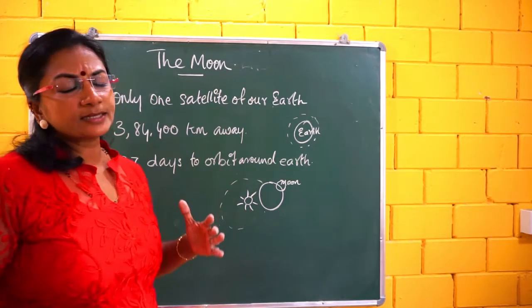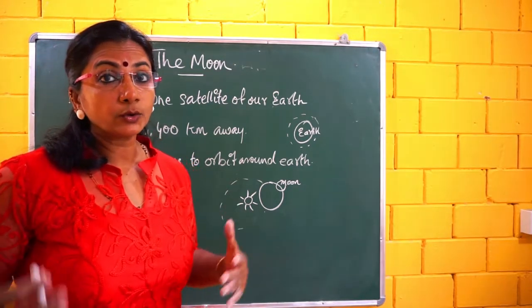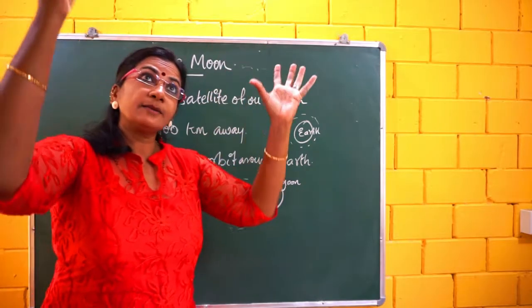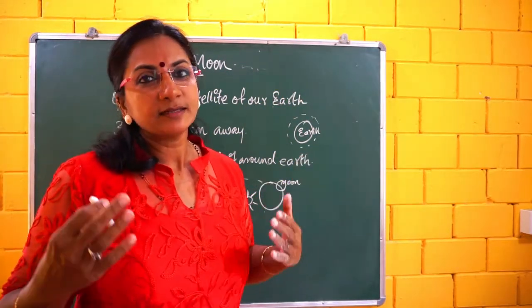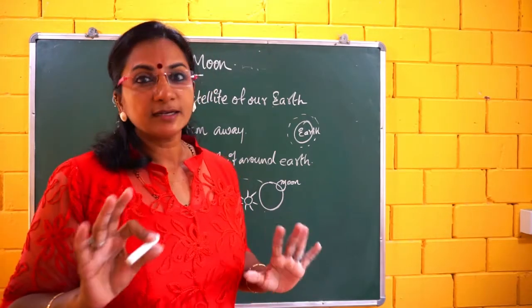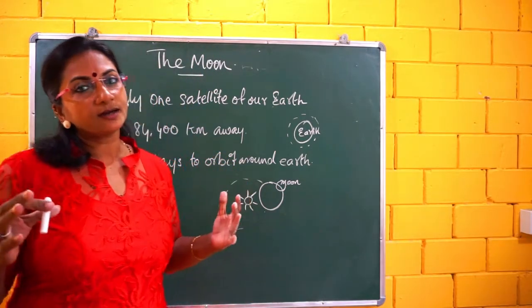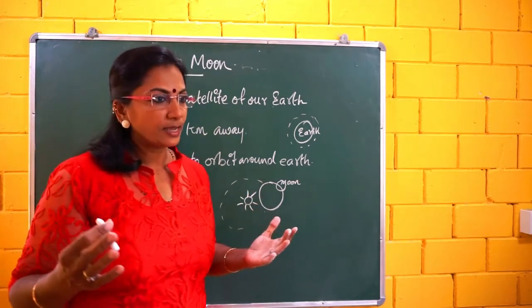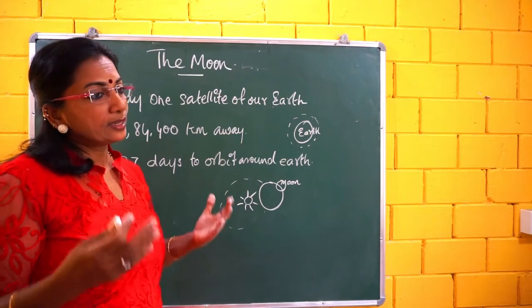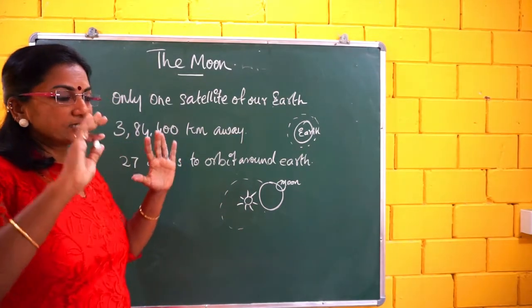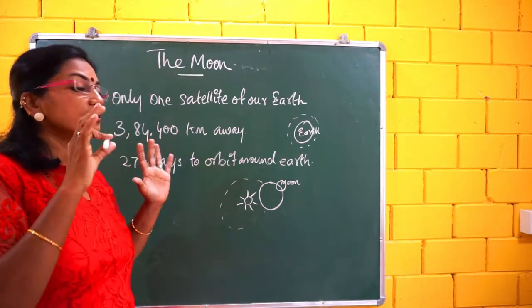And in your childhood days, you heard a lot of stories, that a rabbit is sitting in the moon. Some shapes are seen there, no? So many childhood stories you heard, but it is not true. Actually, what are the shapes that we are seeing on the moon? They are the shades of the mountains on the moon.